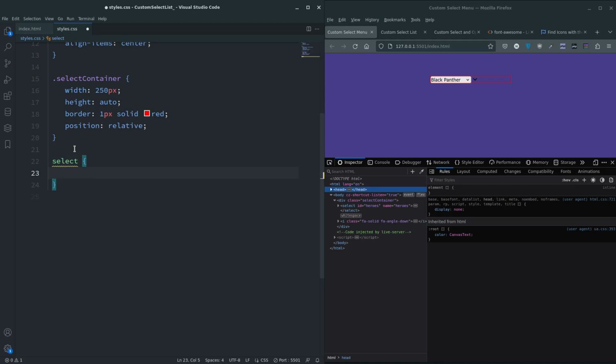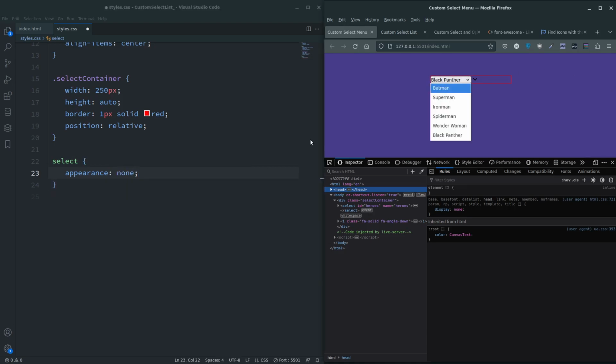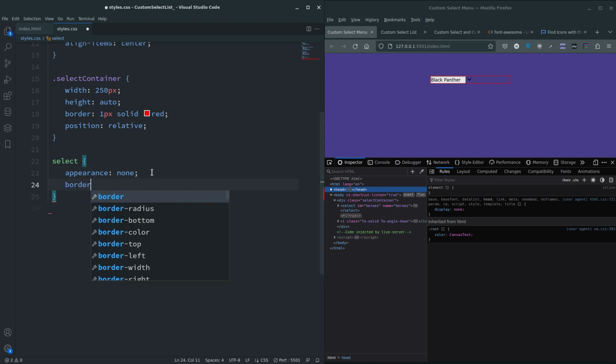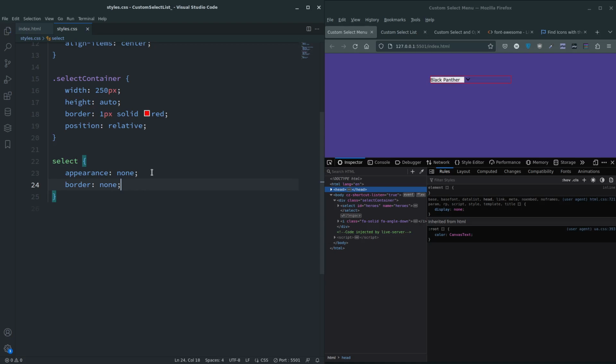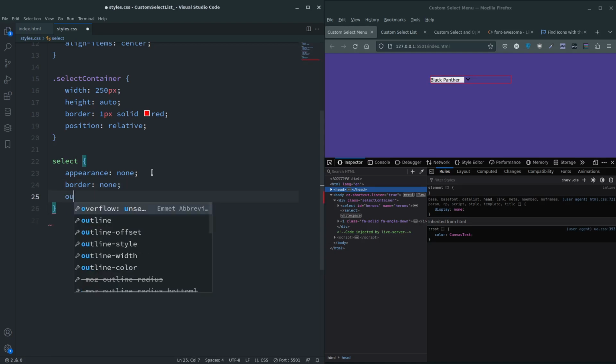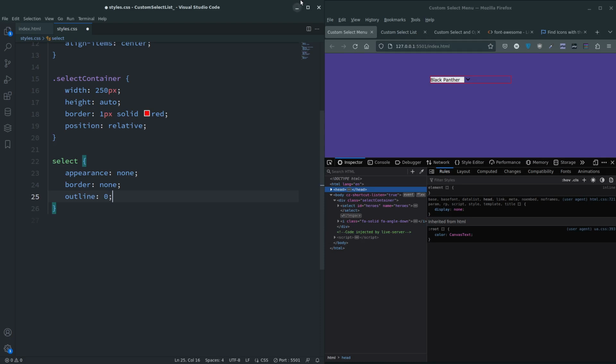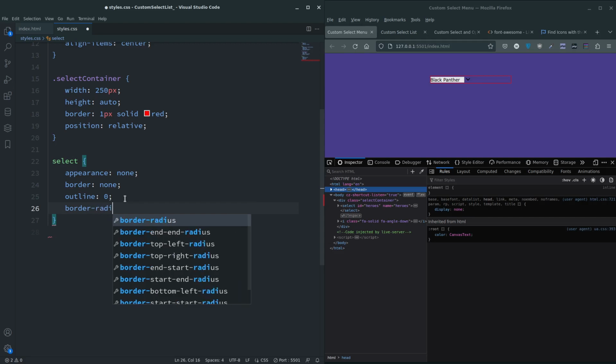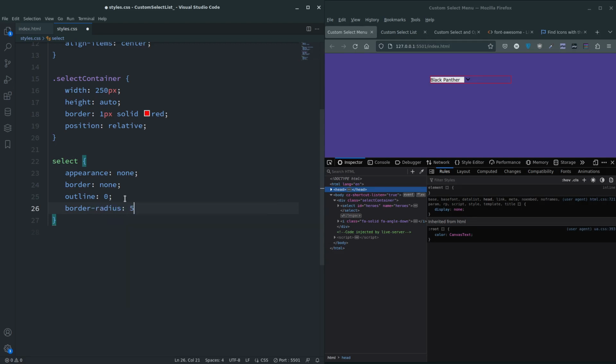Okay, so the actual select, I'm going to do appearance none. Now that is going to get rid of this little arrow over here. So if you save, that's gone because we want to put our own in. So also I want to remove the border, better, and the outline, because when you select something it can often give an outline. Again, sometimes depending on what browser you use, but I don't want it there anyway. I'm going to do a border radius of 5, I think,